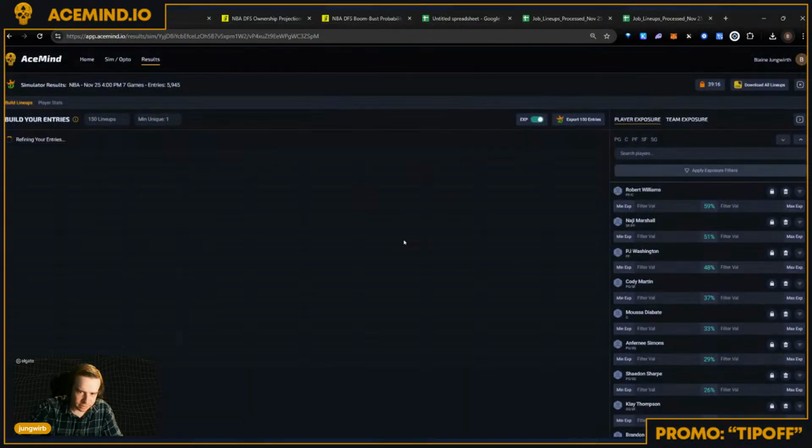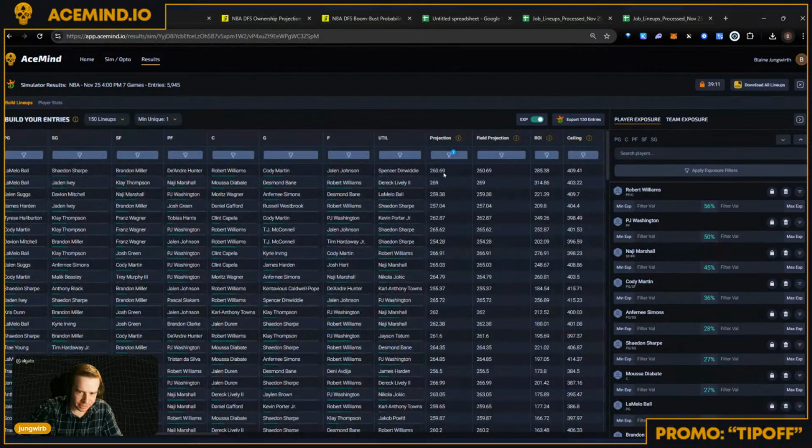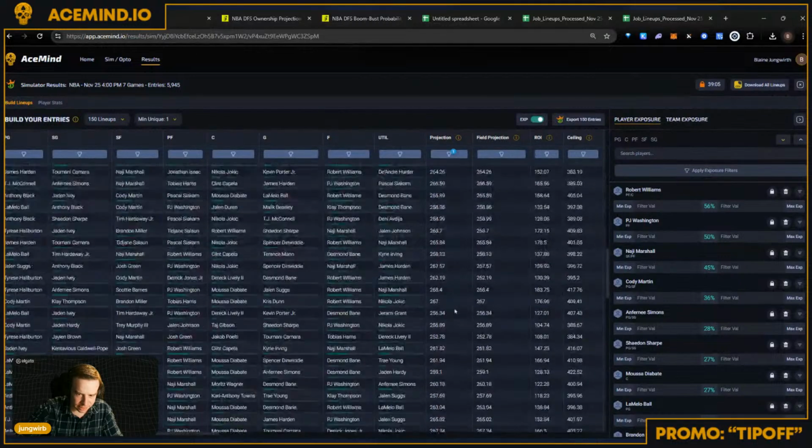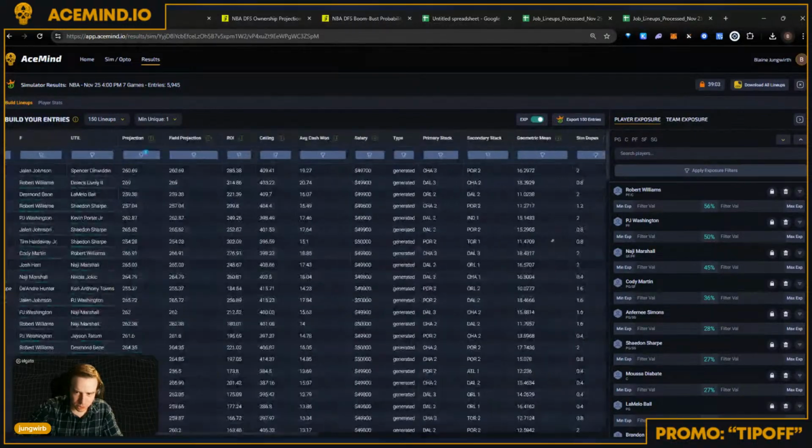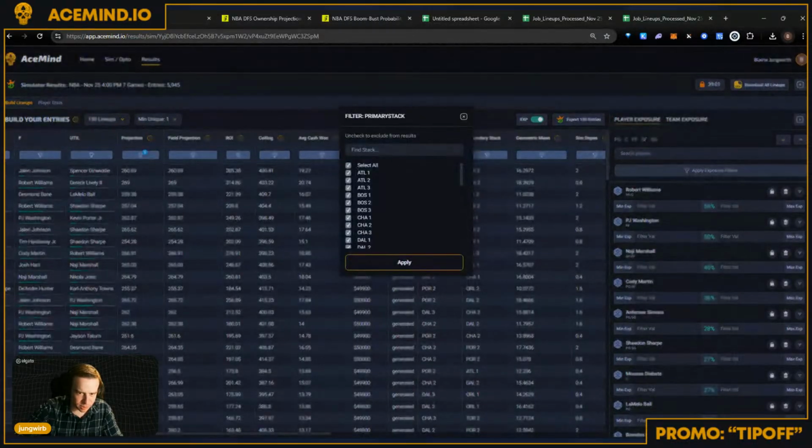Nice. So every lineup now, when we refine our entries, we click apply, boom. Now all these lineups are going to be under 269 projection. Here's a 269 right here, 259, and so on. So you can filter all these columns that way. I could filter down to be like, okay,